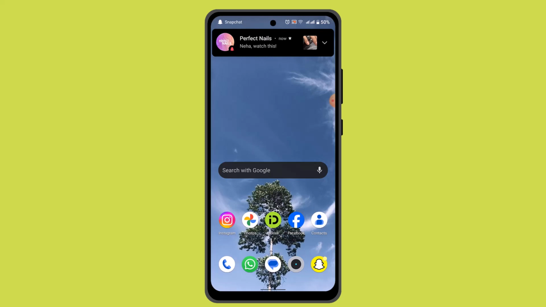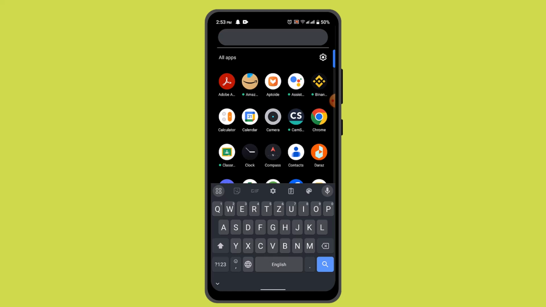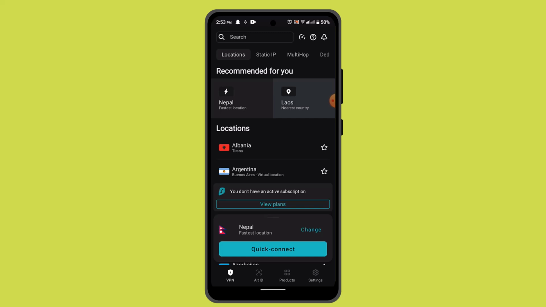First of all, you need to make sure that you have a premium plan and that you have already created your account. Now then, to begin with, go ahead and log in to your Surfshark account. When you're logged into your account, you can just go ahead and connect to a server location or a